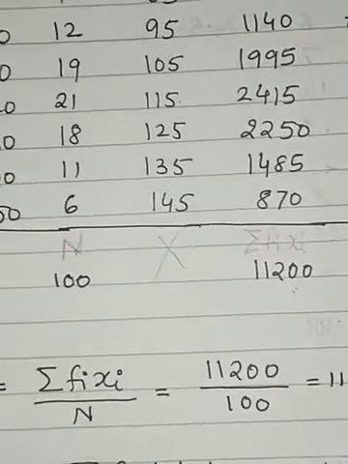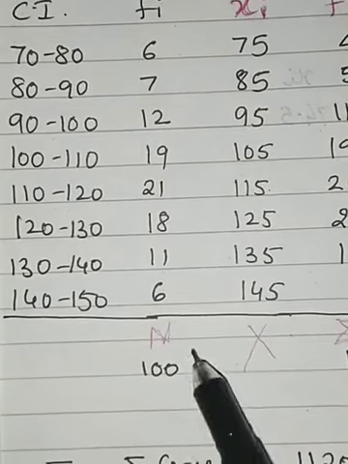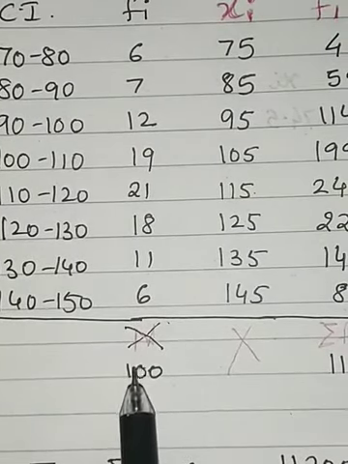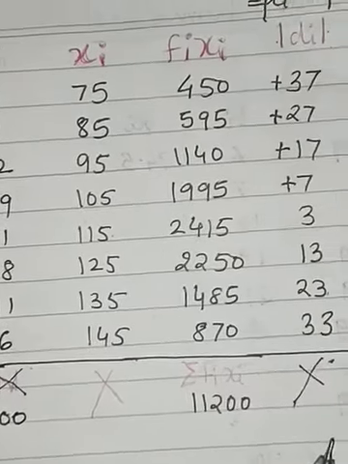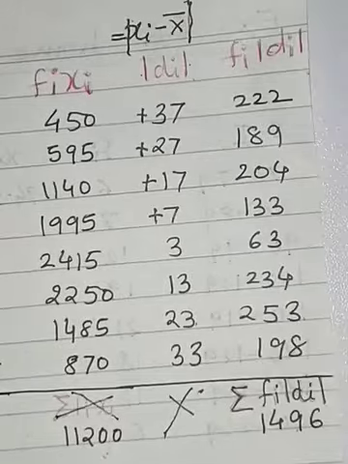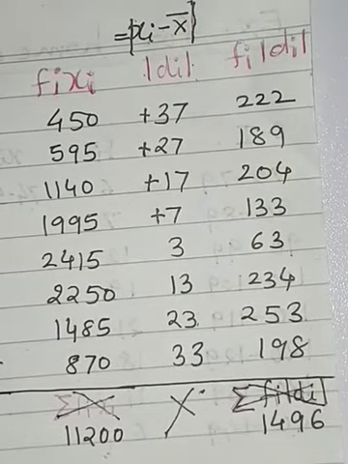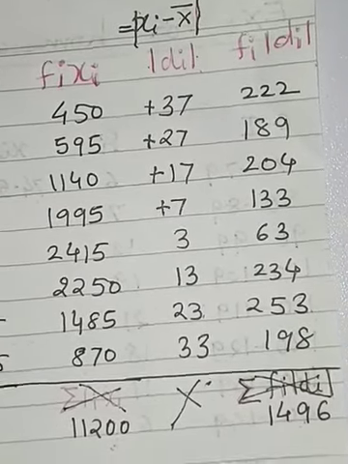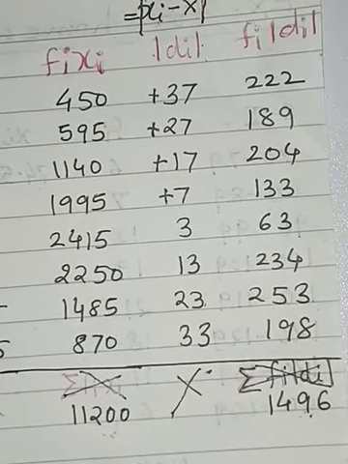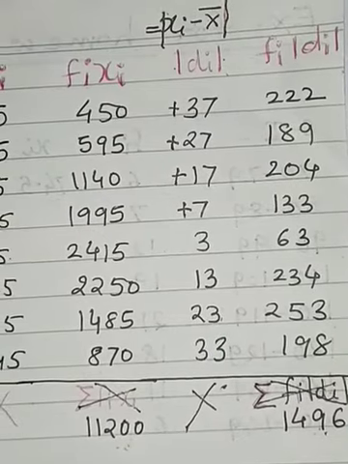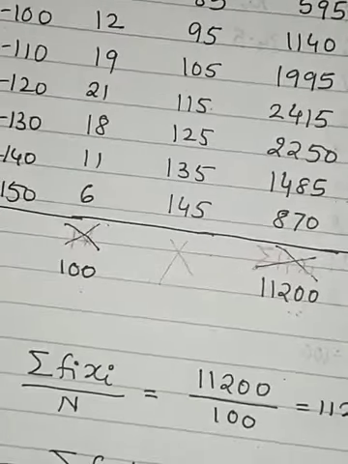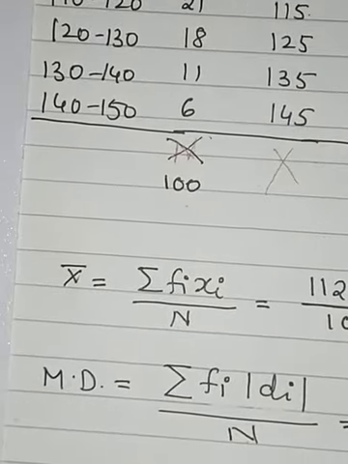Okay. Now in the exam, you need not write n here. You just take the total and write the total here. That's all. You need not write any symbols here. No need to write this. No need to write this. Okay. So just add 100, 11,200 and 1496 here. That's all. Nothing else you will write here. All these things I have written only for the purpose of video, so that you should understand.